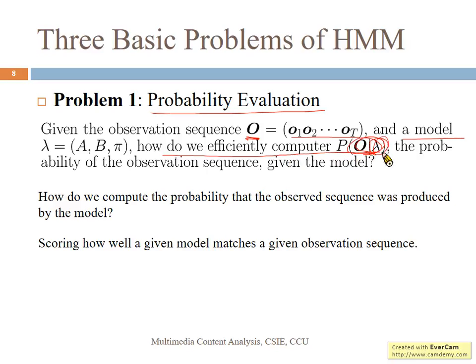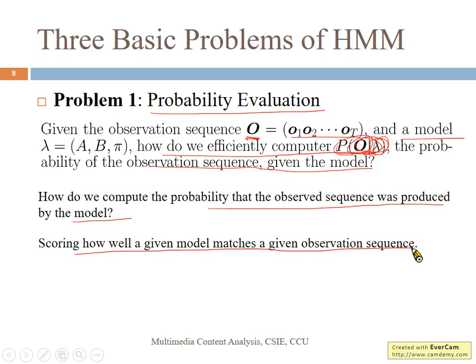So given this model, how likely does this observation sequence appear? Okay, that is, how do we compute the probability that the observation sequence was produced by the model? And this probability is usually used to score how well a given model matches a given observation sequence. So this is the first problem we will